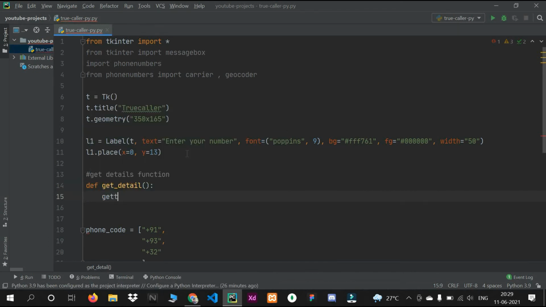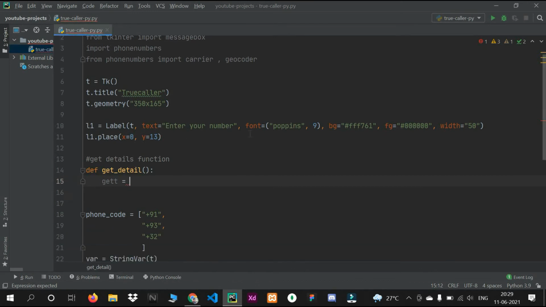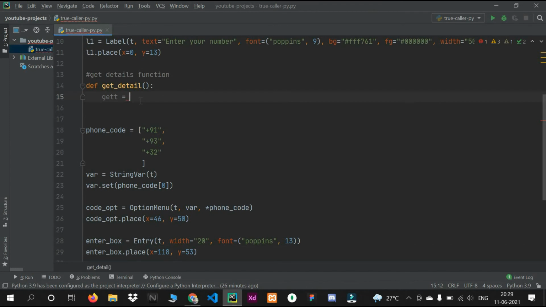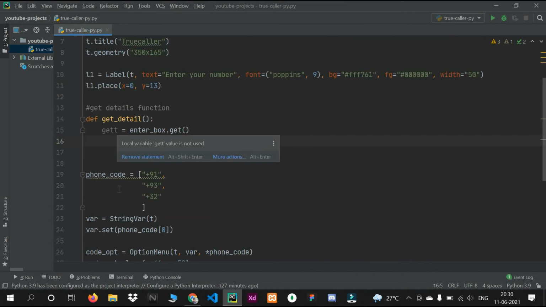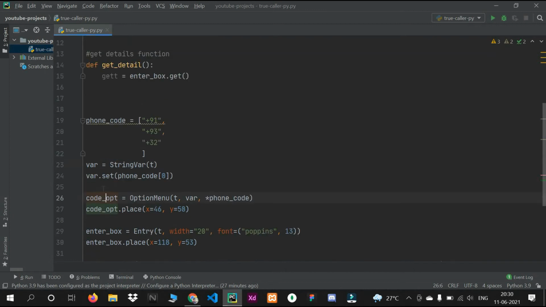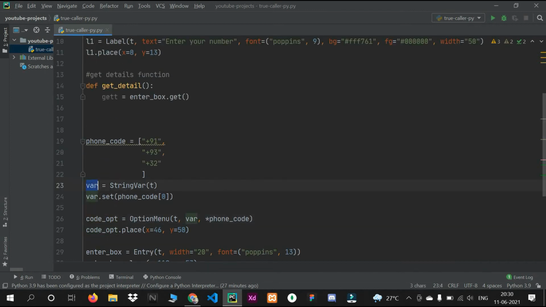First I will write one variable, get, and you can see first I want the entry box. Whatever phone number the user writes, we have to get that phone number. So enter box, write that variable name and the get property. Next we have to get the code option, the code numbers. We will use this string.